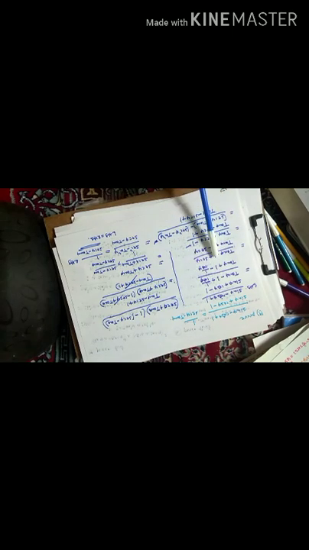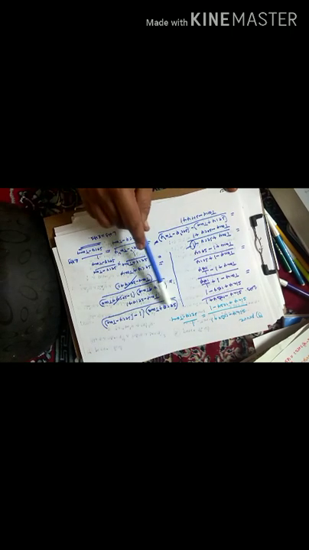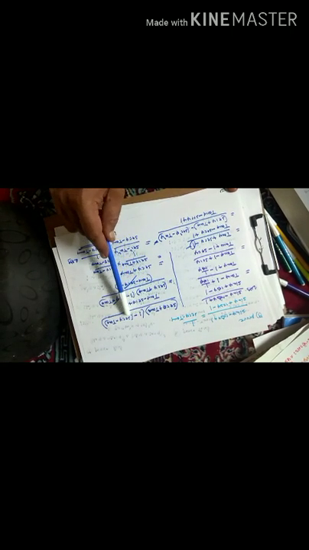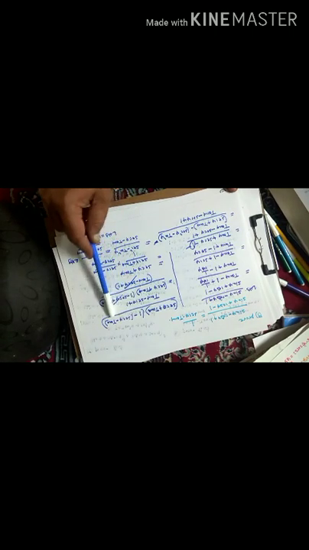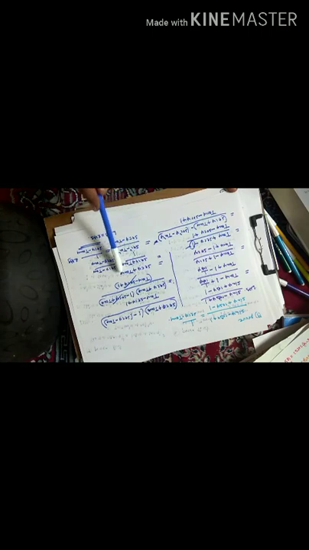So tan theta minus 1 by cos, I wrote it as sec. Tan theta plus 1 by cos, I wrote it as sec. Here I changed the order: tan theta plus sec theta minus 1, tan theta minus sec theta plus 1. Here this is a very important step: this 1 I wrote as sec square theta minus tan square theta. Afterwards, if you take sec theta plus tan theta common, you will get 1 minus sec theta plus tan theta. If you open this with minus, you will get 1 minus sec theta plus tan theta. So these two terms are cancelled. You got sec theta plus tan theta by 1.